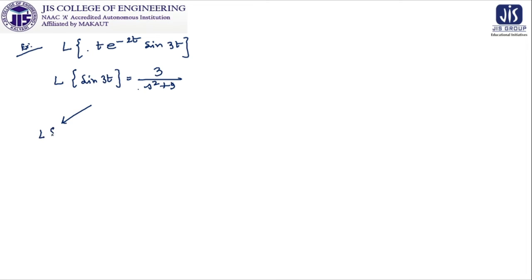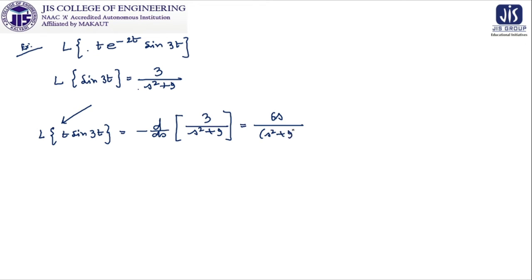First, Laplace transform of t sin 3t is equal to minus d/ds of 3 by s squared plus 9. Differentiating this one, we will get 6s by (s squared plus 9) whole squared, and then we can go